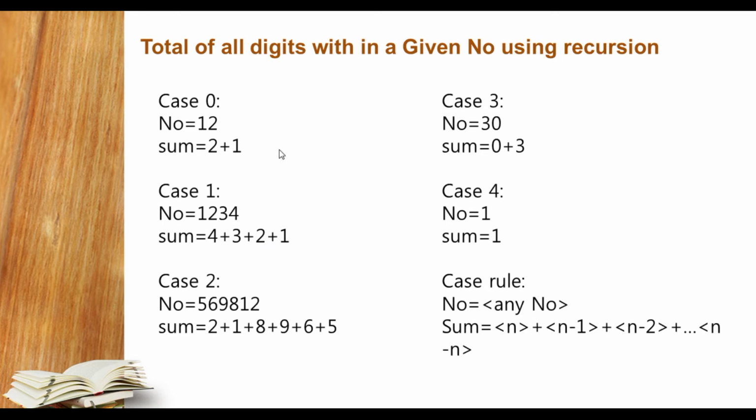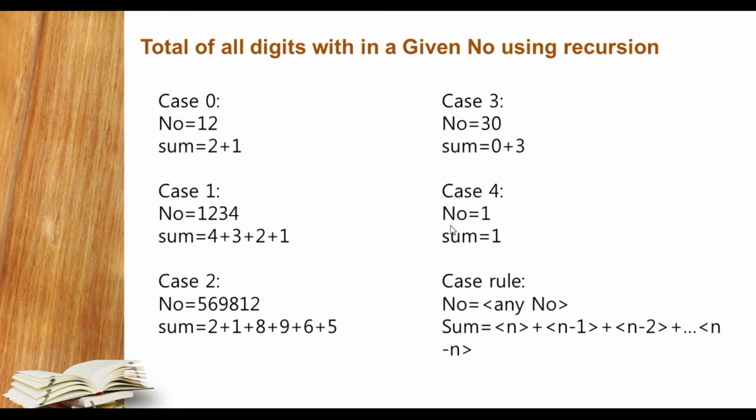Okay, it does not look like an array element, it is a different thing. So now another case, 5 6 9 8 1 2, here you can see student the length is also going to vary. So 2 plus 1 plus 8 plus 9 plus 6 plus 5, whatever the output, we will calculate it. Now case 3, the number is 30, so the sum will be 0 plus 3. So student, I think you notice one thing, we are going to add the last element first, then after that add the first one.